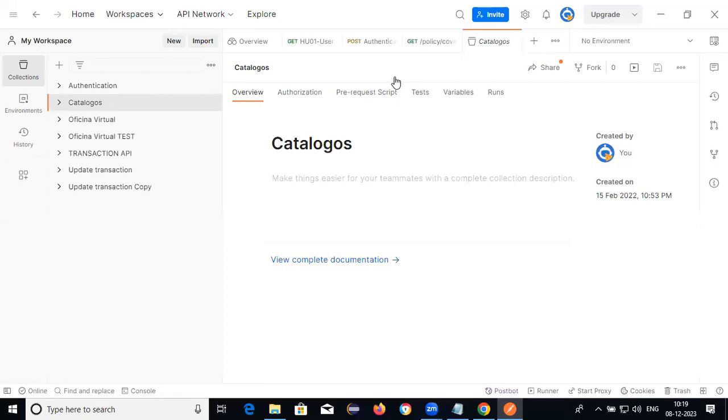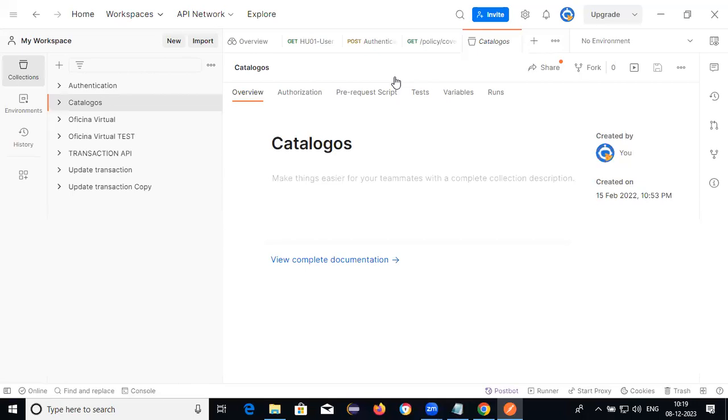Put is nothing but if you want to update any existing data, we need to use put. Whatever we are able to update, the employee ID, we need to provide in query parameter.